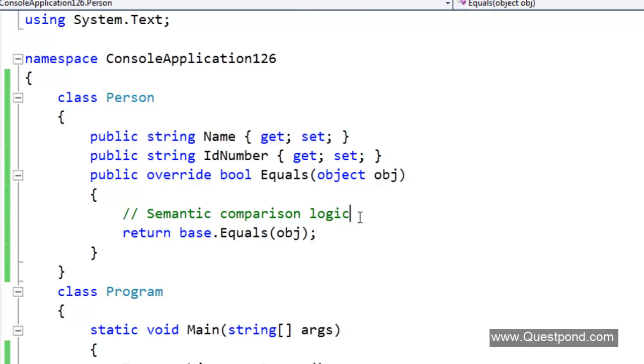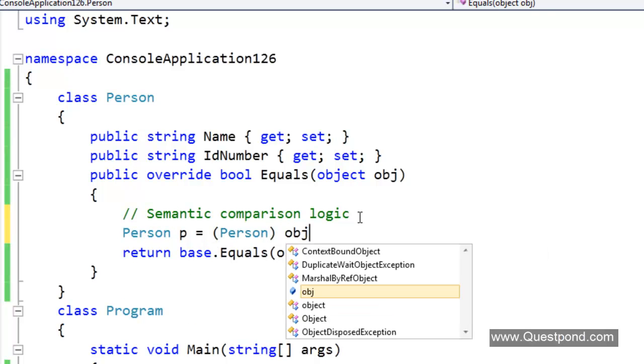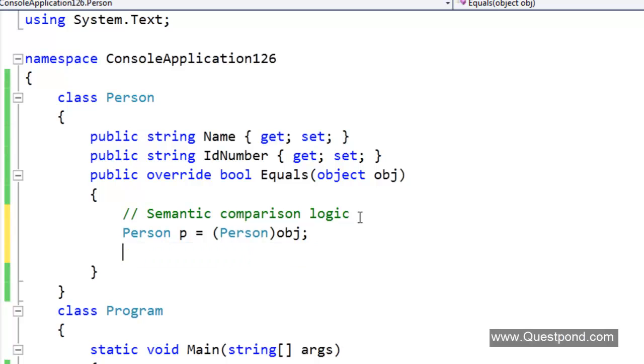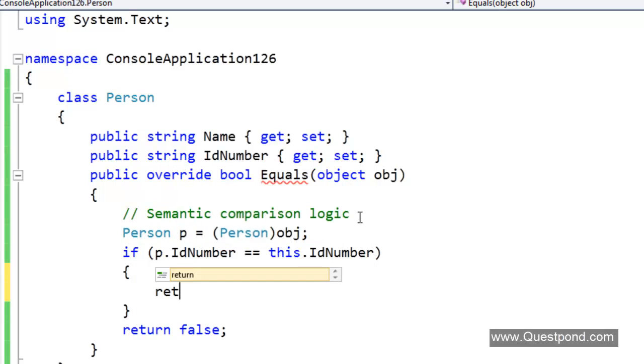So now over here, what I'll do is I'll say, okay, person P is equal to person obj, right? So I can do something like this. I can say that if this P dot's ID number is equal to the current ID number, this dot ID number, then this is true, or else this is false, right? So I'll say, okay, it is false if the ID numbers are not same, or else it is true,